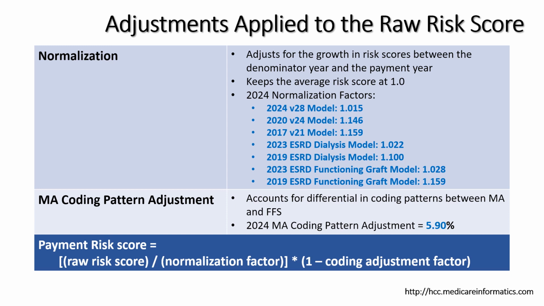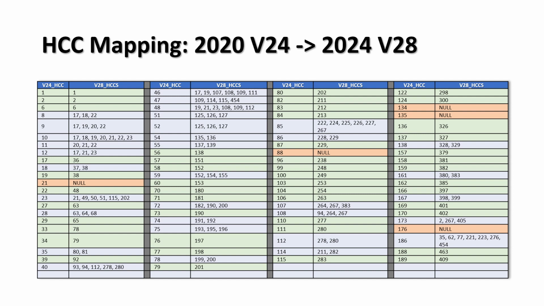CMS then applies several methodological adjustments to the raw risk score. These adjustments are the normalization factor, used to keep the average risk score at 1.0, and the Medicare Advantage coding pattern adjustment, to account for differential coding patterns between MA plans and fee-for-service providers. The result is the payment risk score. HCC mapping from 2020 V24 to 2024 V28 is not one-to-one, and it is hard to map from V24 to V28 without diagnosis codes. V28 removes discretionary diagnosis categories from the payment model where coding variations are not clinically or empirically